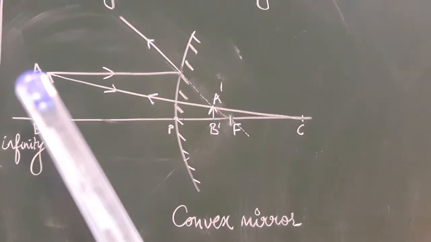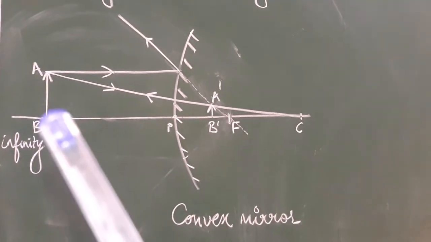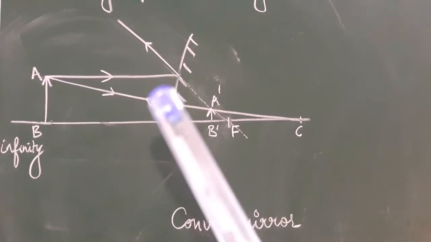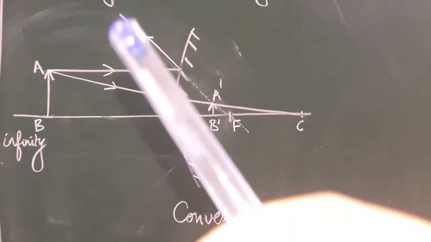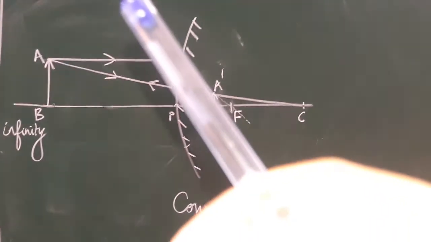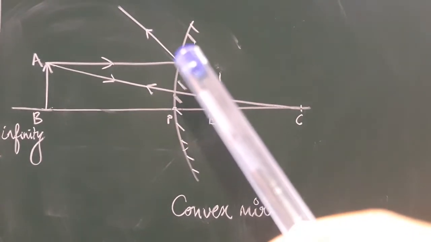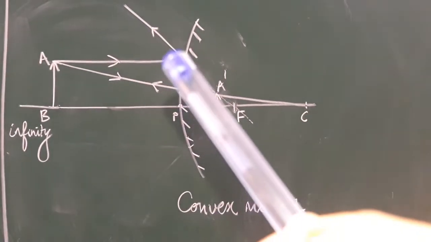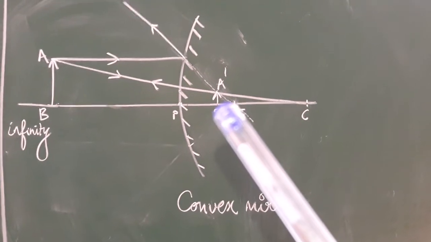So rule number 1, when an object is placed on the principal axis, first of all parallel rays come. This is the parallel rays. As the nature of the convex mirror is diverging, so it diverges the beam in that direction. Okay, तो मैंने आपको arrow कैसे बताया, like that, because the light is diverged from that surface. Now this divergent ray is produced and passes through focus.